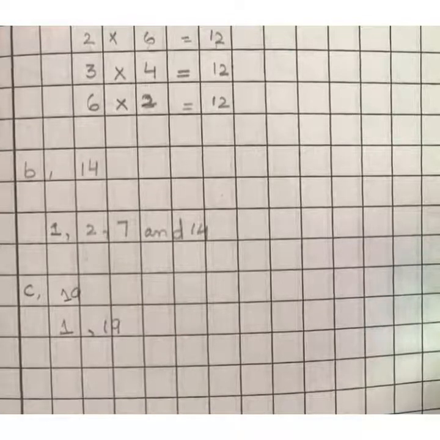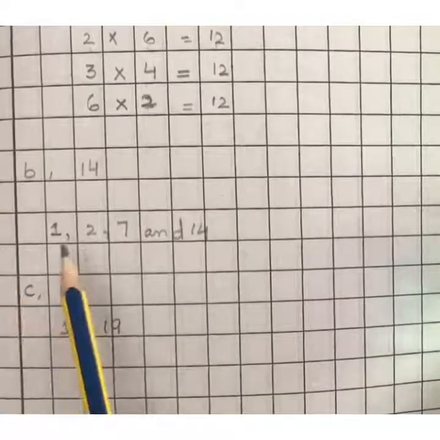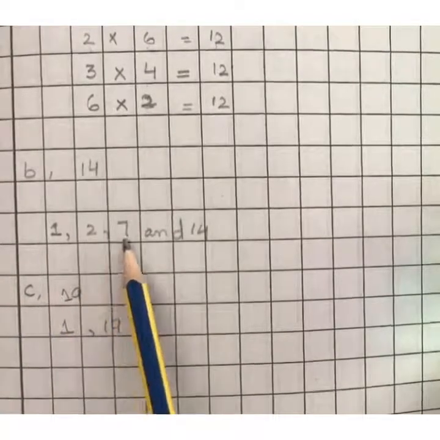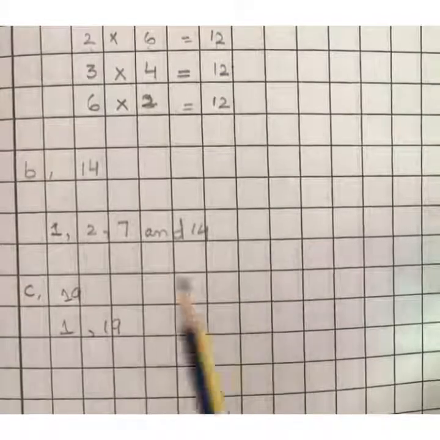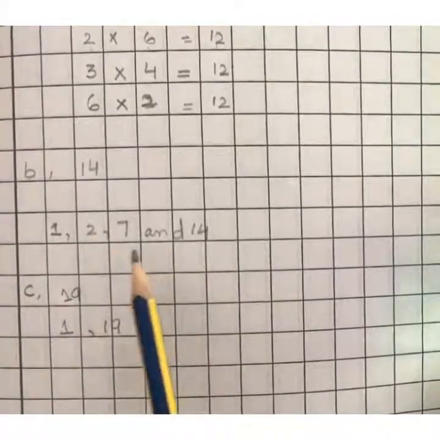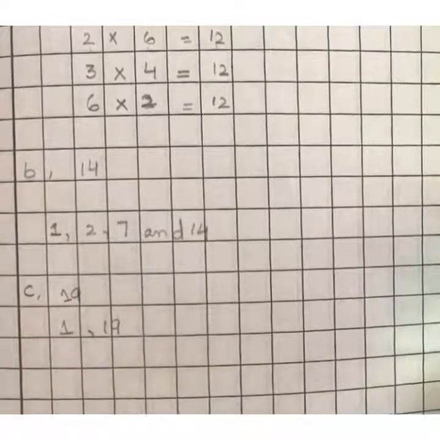So students, by this method you will simply do the division. You can do the division as well, but you can simply check whether the value comes into the tables of 1, 2, 3, one by one. If it comes, that will be its factor. Like 14 comes into the table of 1, 14 comes into the table of 2, 14 comes into the table of 7, and 14 itself. So that's how you can easily find the factors of any value.